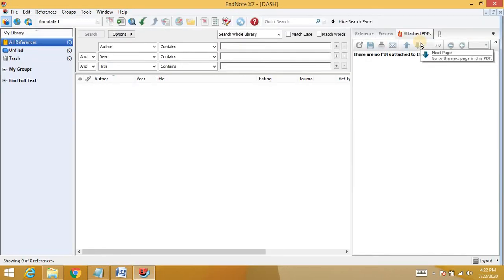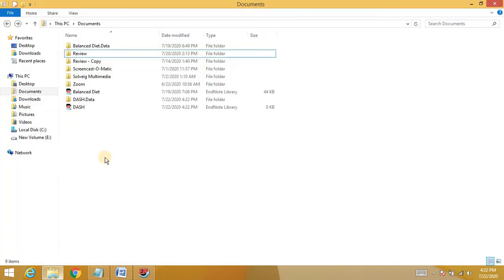Here I want to mention where I have to save and make this library. So we have to see what happened. Here is the dash, which is the EndNote library, and here is the dash.data.